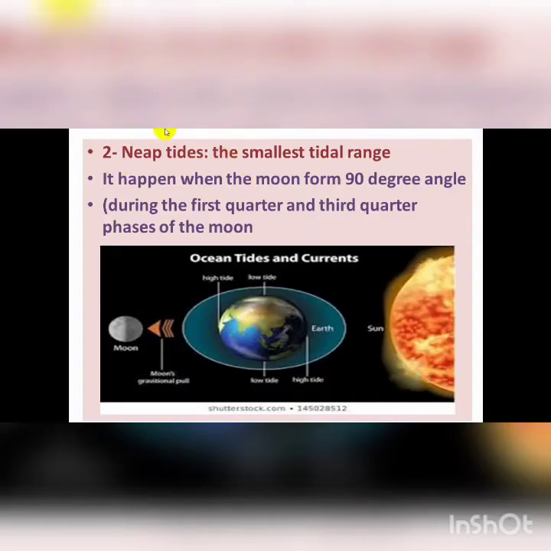The second one, called neap tide, the smallest tidal range. It happened when the moon formed 90-degree angle, so it happened during the first quarter and the third quarter phases of the moon. This is called the neap tide, when the moon makes a 90-degree angle during the first and